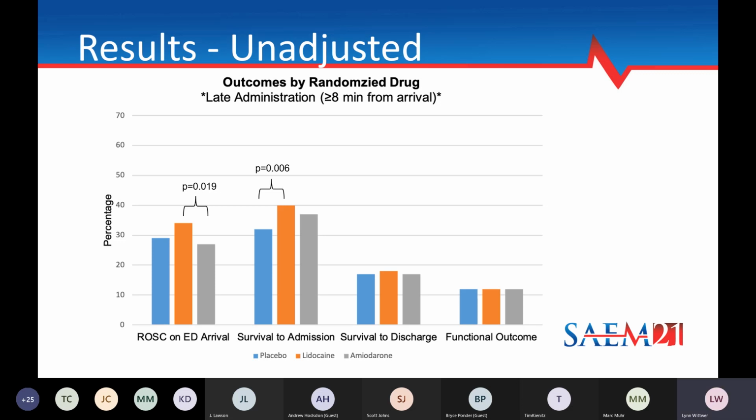And then in late administration, which is more than 8 minutes after arrival at patient side, there's not much difference between the arms. And of course, the functional outcome is absolutely the same, and literally there's no difference to discharge. Now, when this is all adjusted, and there's a lot more slides available that we didn't want to bore you with today,